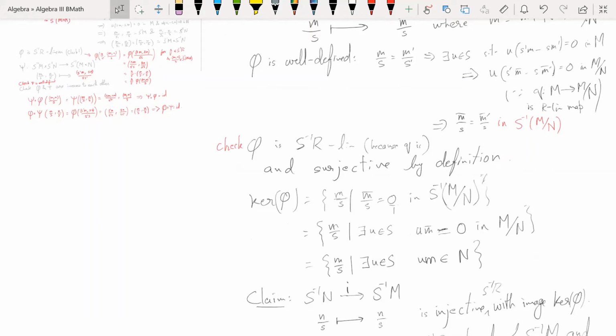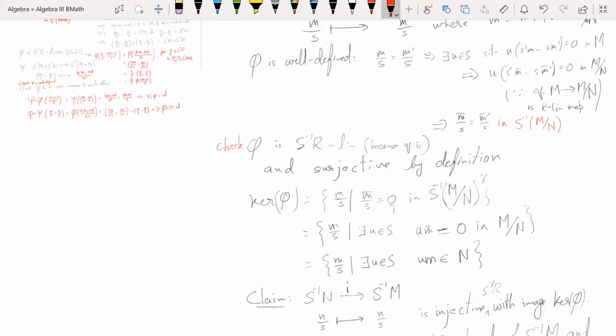It means there exists U in S such that U times 1 times M bar minus S times 0 is 0 in M mod N, the module you are localizing. But S times 0 is 0, so we can forget about it, and 1 times M bar is just M bar. So what it says is that U times M bar is 0 in M mod N,